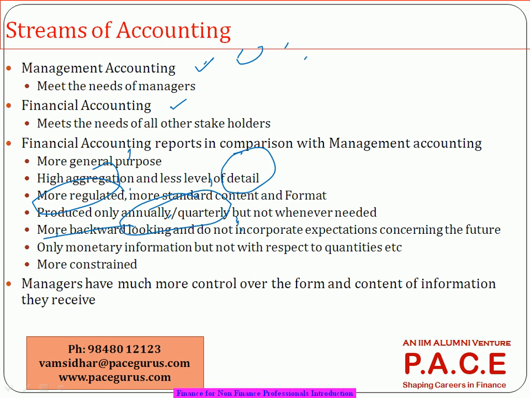In financial accounting, only the money part is considered, not the quantities or all the other aspects. Non-monetary aspects will not be there. Whereas in management accounting, I can even do budgets in terms of quantity, and in terms of money also. Because it is up to me how I want to do it. That is the management accounting part. And no constraints, no restrictions. But of course, both are required.